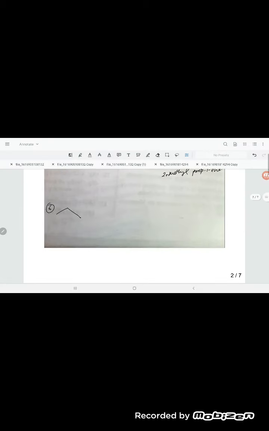Example number 6 you can consider here. This is not the bond line formula. If you take bond line formula, you can get confused here, so I am not taking bond line formula. Here I have CH3, this is CH, here is CH2, here is CH3. There will be a methyl shift, students. Here we have to take alcoholic KOH, and now the product should have CH3, this is CH double bond CH, and then CH2, CH3. So it will be 2 ene. This is the major product.